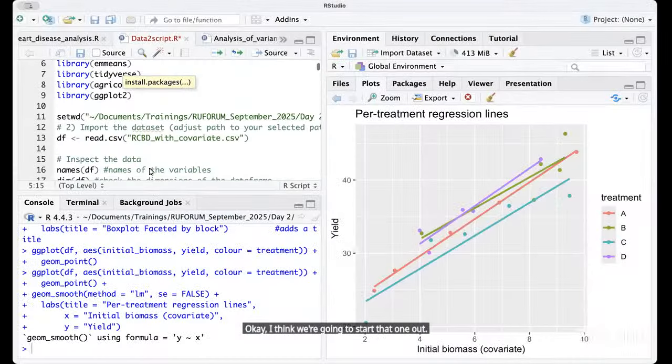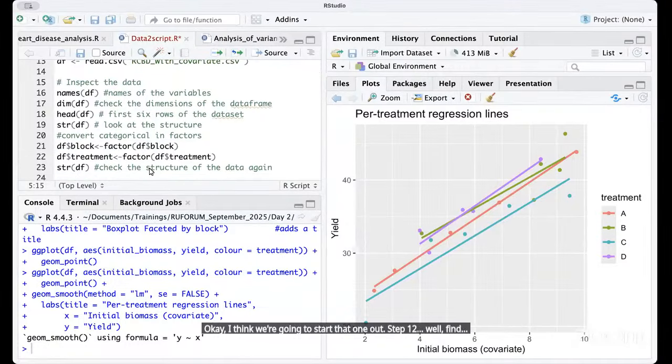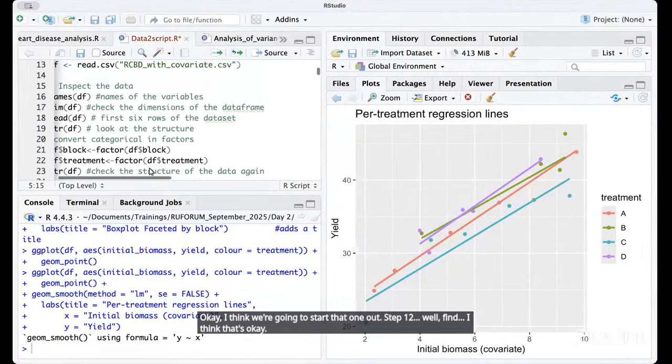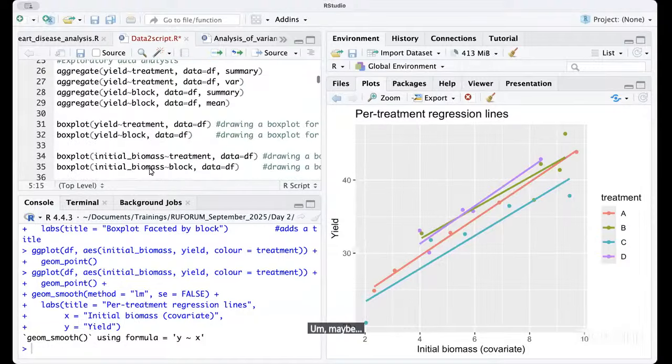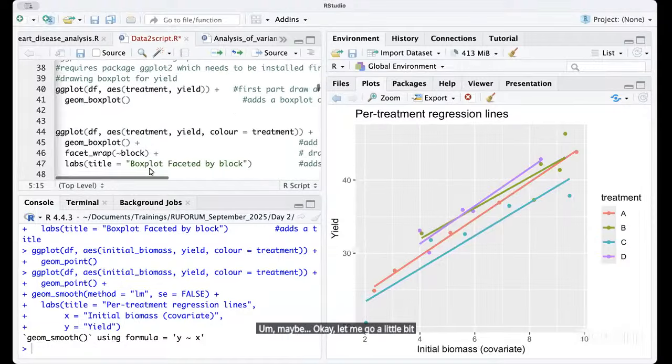Say there's a problem with line number 12. Now we are in line number... Okay, I think we're going to sort that one out. Step 12, well, fine. I think that's okay. Maybe, okay, let me go a little bit to,